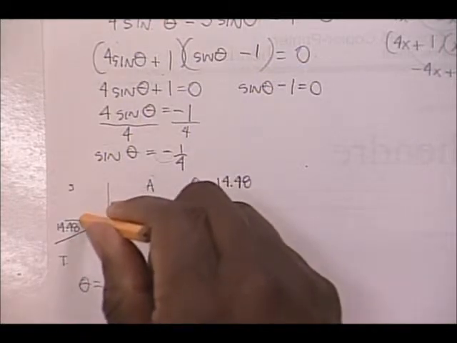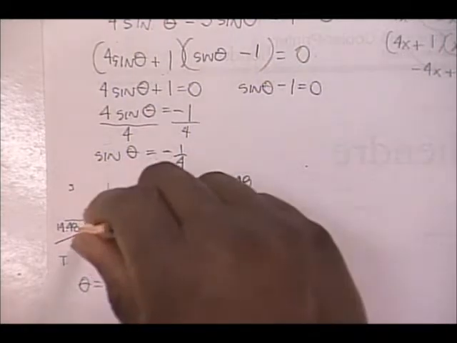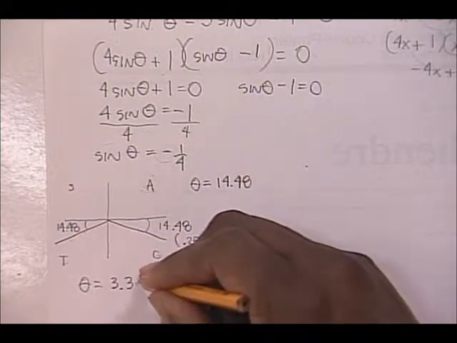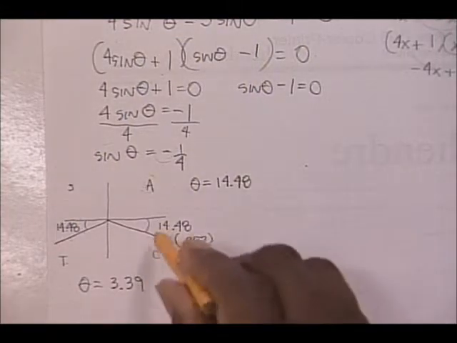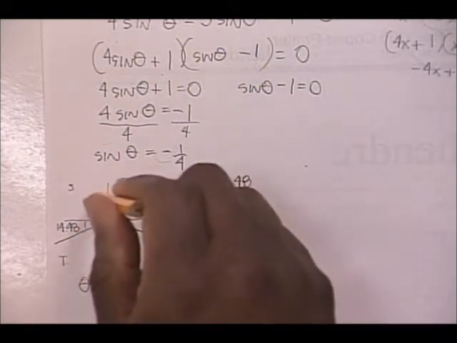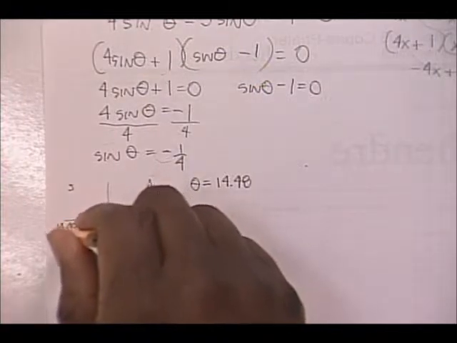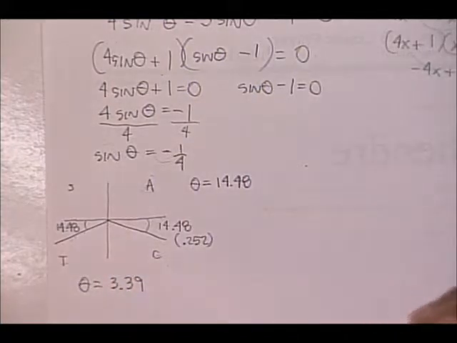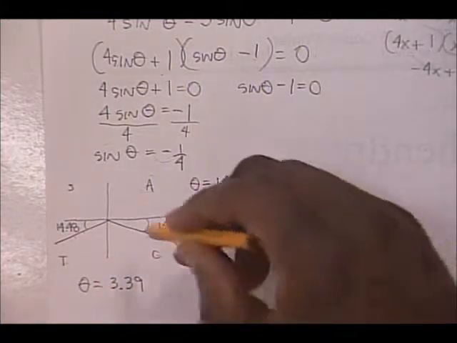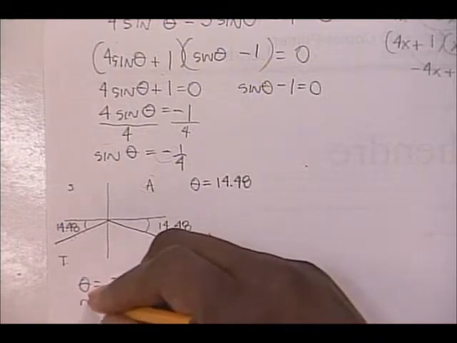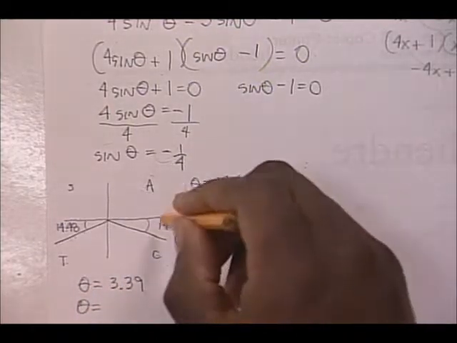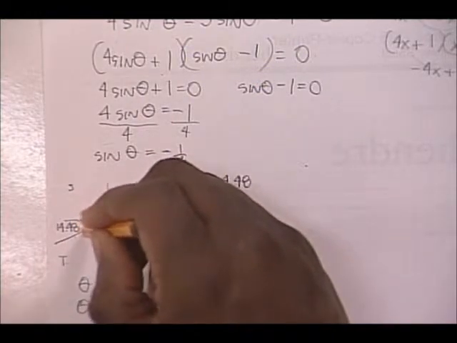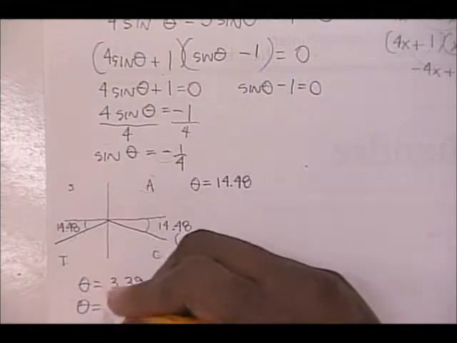this would be 3.14 plus 0.252, which would give you 3.39. This 3.39 came from the fact you're dealing with pi, which is 3.14, and then you add the 0.252, and you get 3.39. And then over here, your answer for theta, if you were in the degree mode, would be 180 degrees plus the 14.48, and that would give you